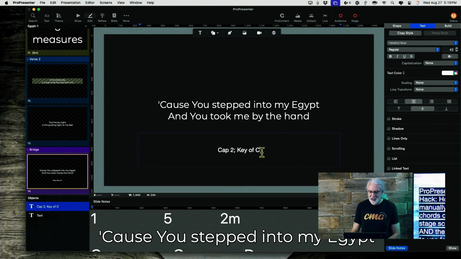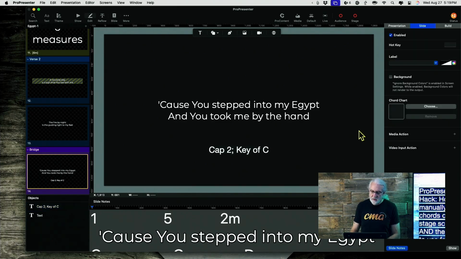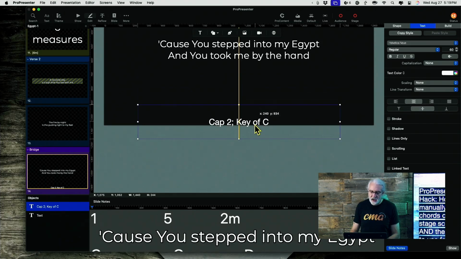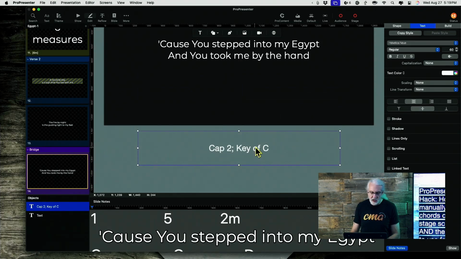I'm just saying that this is something you could do, and then I could make that 60 as well. And now for this text box, to keep it from showing, I can drag it off of the screen there,